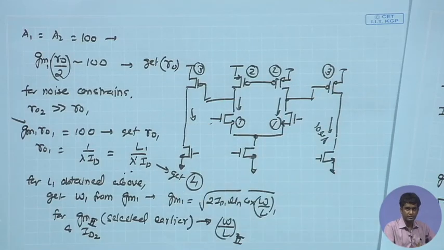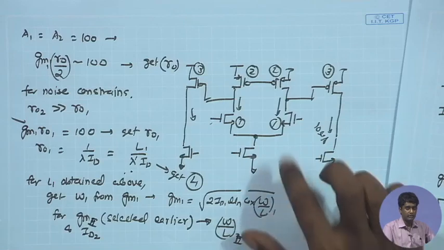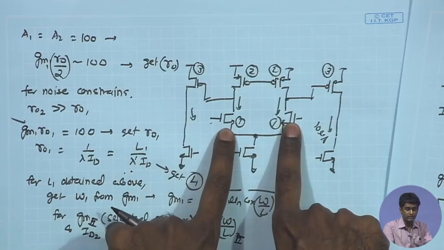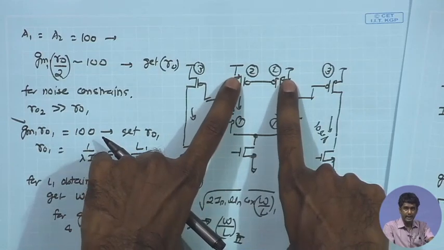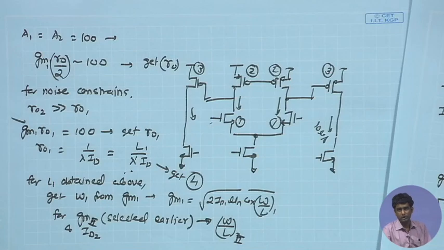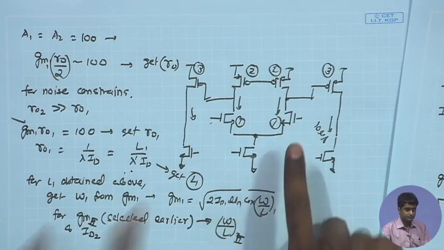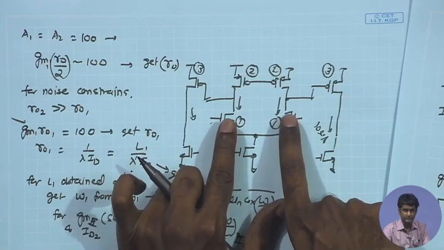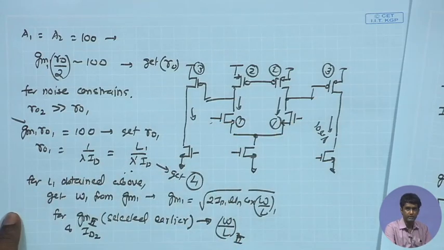But for the time being, the initial target is just to check whether with the W1 and L1 that I have arrived at, and by increasing the L of this device towards higher values, how low I am able to shift the corner frequency. So, I have the W and L of this input device already determined by the gain requirement and the RO requirement,